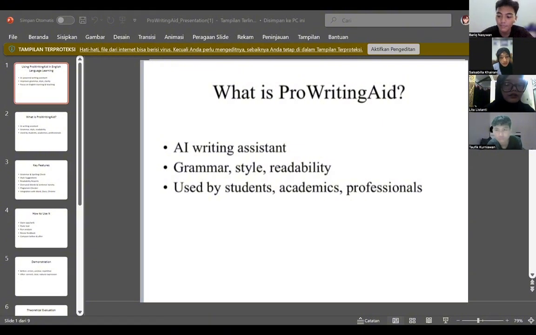So this tool is not limited to students, but it is widely used by academics when writing research papers, by professional writers who want to polish their craft, and even by business professionals who need to write clear reports and emails. So the key features of it